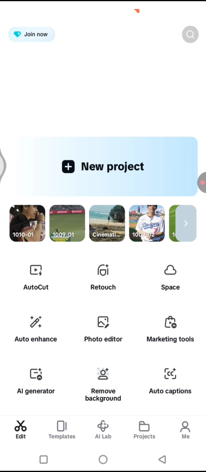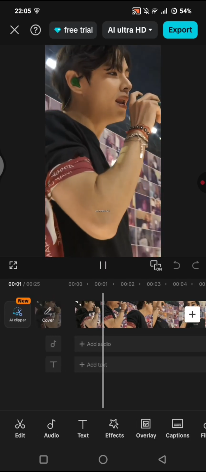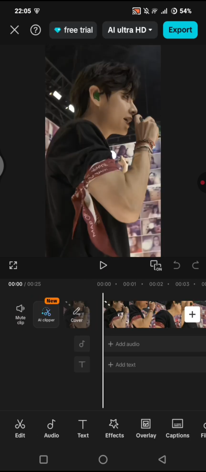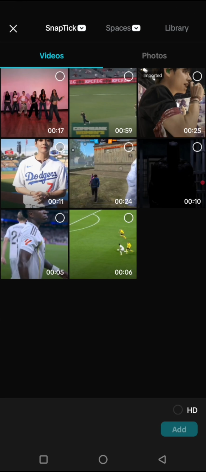Let's just start by clicking on your project and enter your video. So import your video into CapCut PC. So for example, I want to edit this video right here, and then you can just follow my steps. After you add the clip, you can just go to overlay, add overlay, and then in here